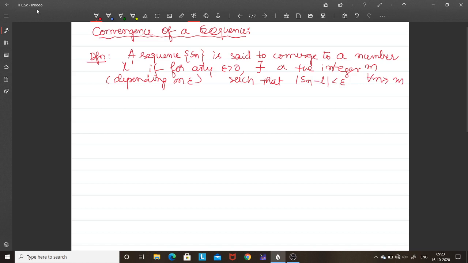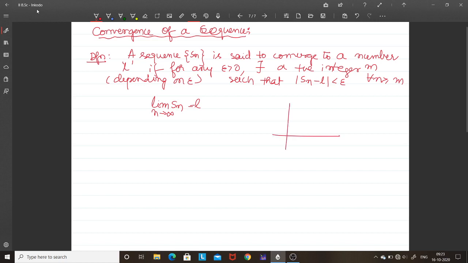So it is the same as the definition of the limit of a sequence, where L is called a limit of a sequence. Symbolically we express it as limit of Sn as n tending to infinity is equal to L. We have seen after mth stage,